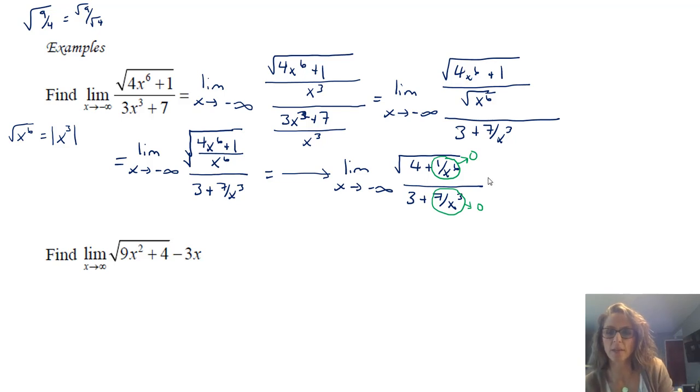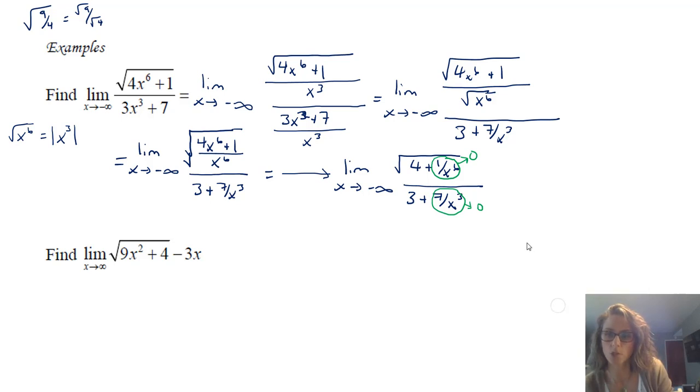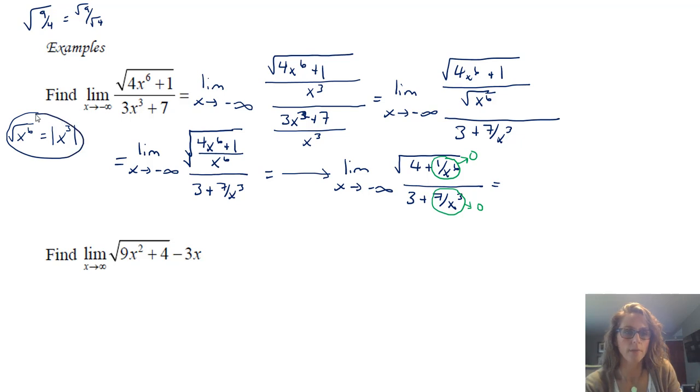However, there's one thing that I haven't addressed, and that's the fact that because we're going to negative infinity, we do have to think about one choice that we made. So what I want you to understand is, if we were to plug in some very, very large negative number into this original, because that's what we're trying to find out, the numerator is always going to be positive, but the denominator is going to be based on whether x is heading towards infinity or x is heading towards negative infinity.